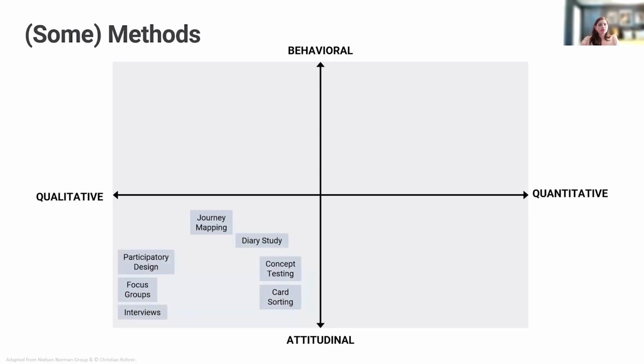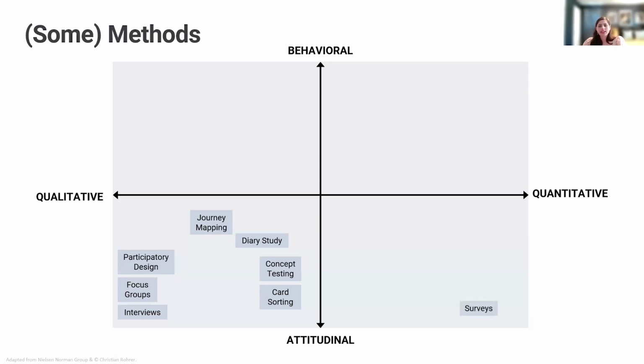So the first chunk in the bottom left quadrant is trying to look at how we can capture attitudes from a more qualitative perspective. So really trying to dig into what people think, what they believe, their perspectives, or what's called a mental model, which is how they've constructed the idea of the way that something works in the world around them that influences then how they understand other things that they encounter.